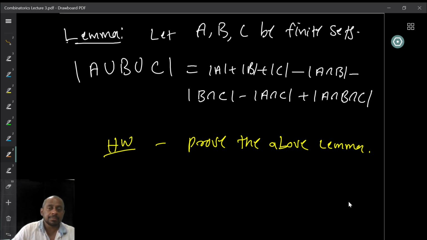Now we are going to prove a much more general formula for this, which is called the principle of inclusion and exclusion. So what does it mean? We are including the numbers that we want to count first, then the numbers that we are overcounting we are excluding by subtracting. Again we are including the numbers which we have subtracted too many times. Then again we are putting back the numbers that we have added too many times, etc.